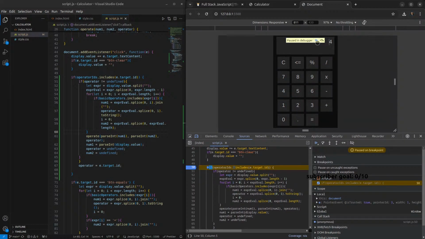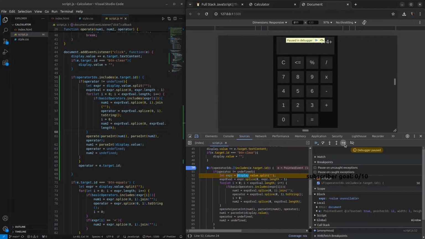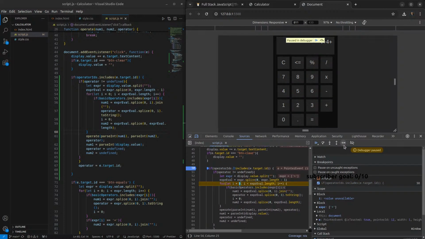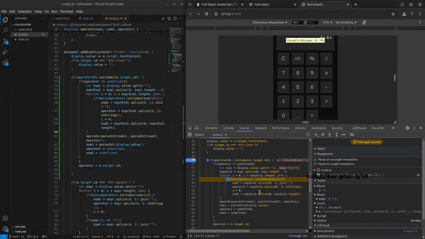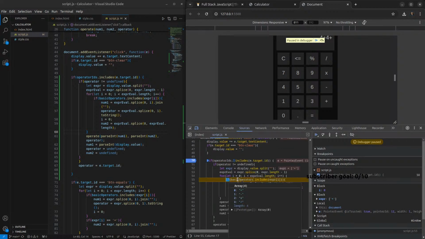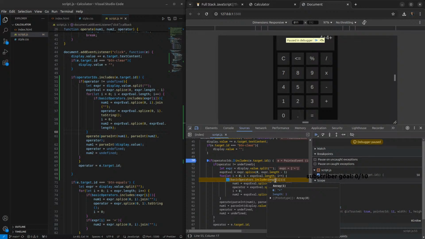4 plus 4 plus, and then we can step through it. Okay, now we actually go into the loop. That is good, at least. And now, if basic operators dot includes expression I, which